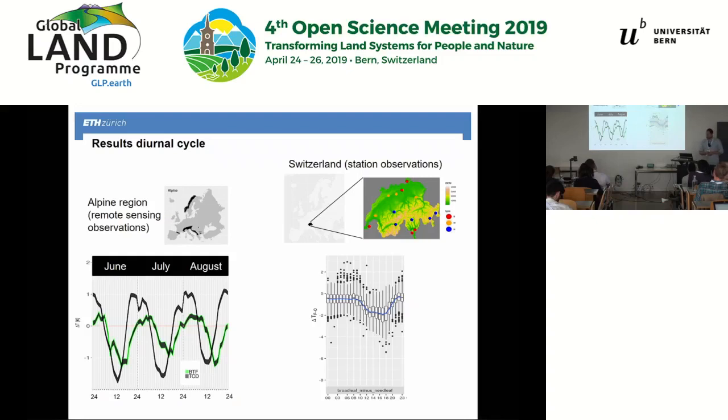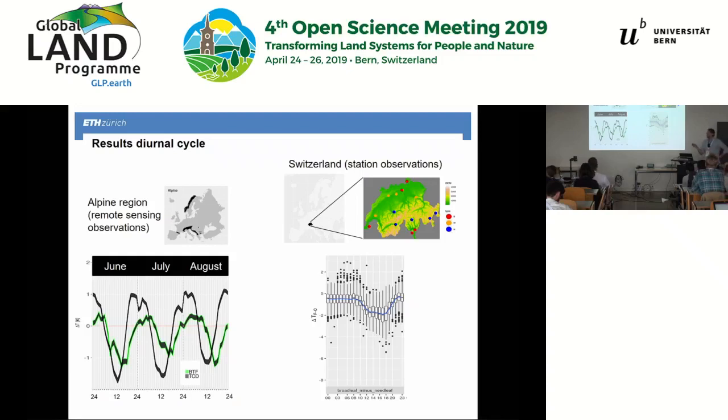So that was one of the first results, and what we can also see in this figure is that during nighttime there is a warming, but during daytime there's a cooling effect. And we also wanted to know if this cooling effect could be particularly high if we have very hot temperatures, maybe like heat waves, or if